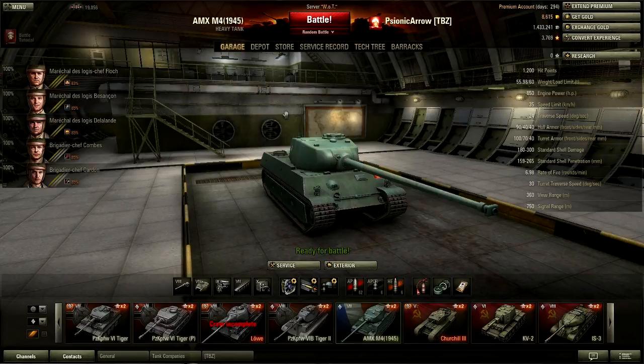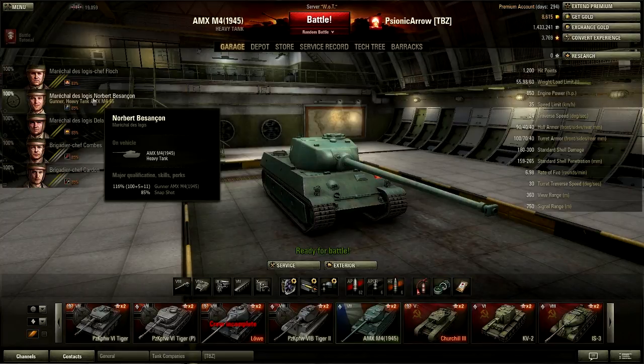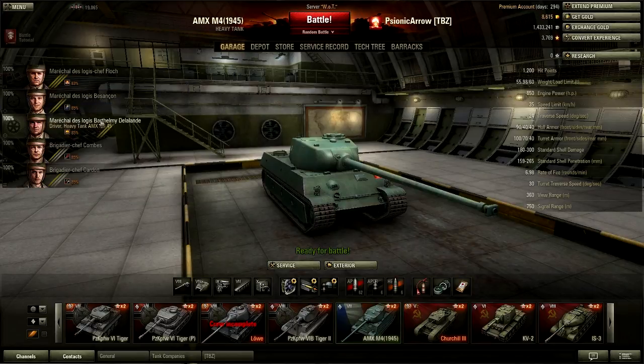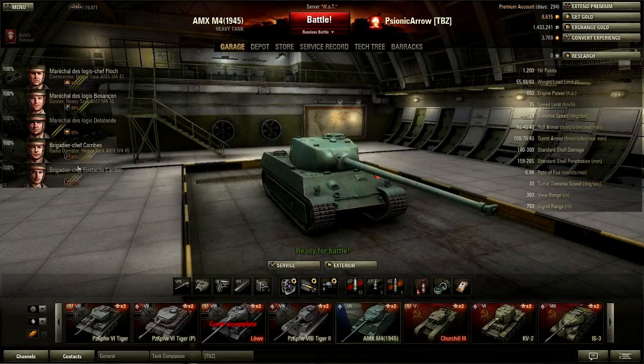Yeah, so with the AMX M4 1945, I have decided to go with some really weird skills for my crew. I've got Mentor on the commander, Snapshot on whatever this guy is. What is the gunner? Driver gets off-road driving, radio operator gets situational awareness, and loader gets repairs. So, I mean, it's not really that great of a combination. Maybe if they're all at 100%, it'll be better, but